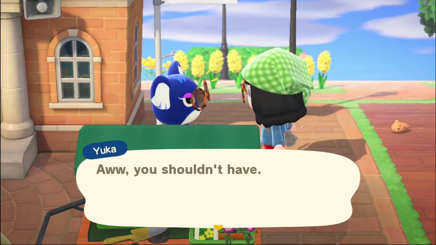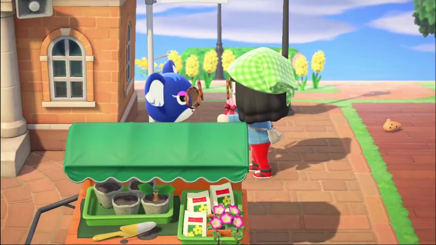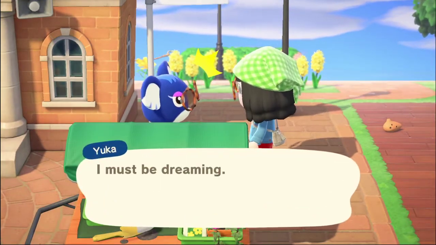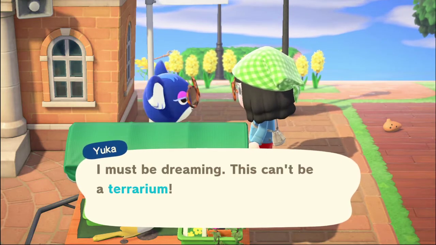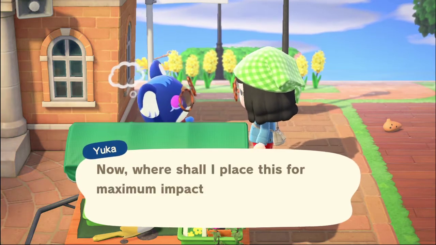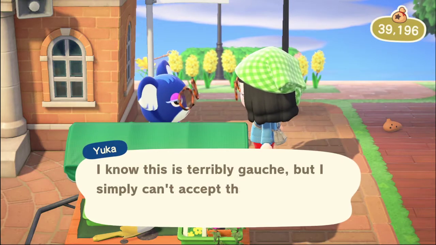Do I have something for him? Oh, shoot. I don't think I have something for her. Oh, here. I'm going to give her this. All right. Now watch. Well, what could it be? And I must be dreaming. This can't be a terrarium. You're welcome. I know for a fact that Yuka loves yellow, so...